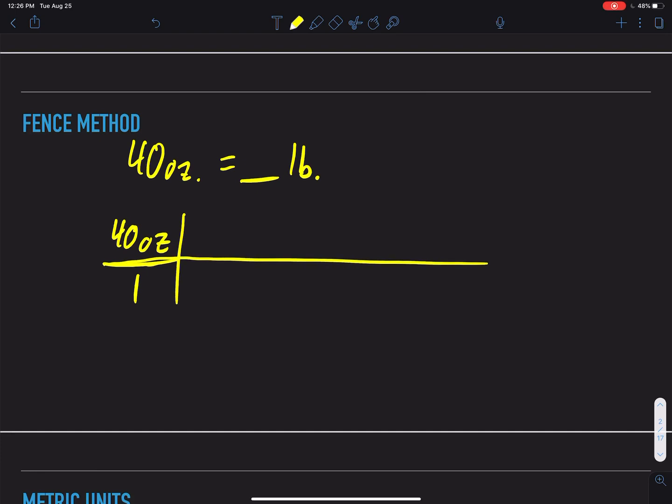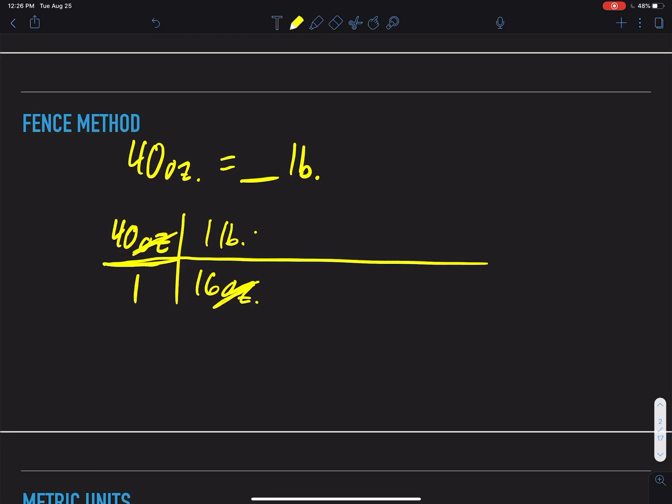So what do we know about ounces? Exactly, we know that there are 16 ounces in 1 pound. Now, if I want to get rid of the unit of ounces on the numerator, then I need to put the 16 ounces on the bottom, which means that the 1 pound goes on the top. So then I can cancel out this unit of ounces. Since my goal is to find pounds, I have my unit of pounds in the numerator. So I am ready to